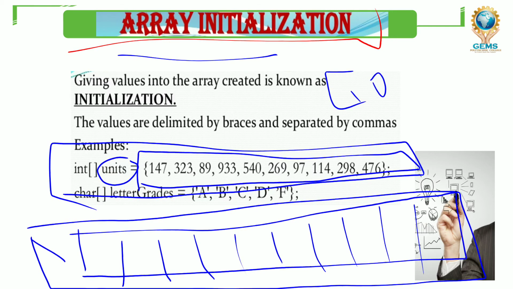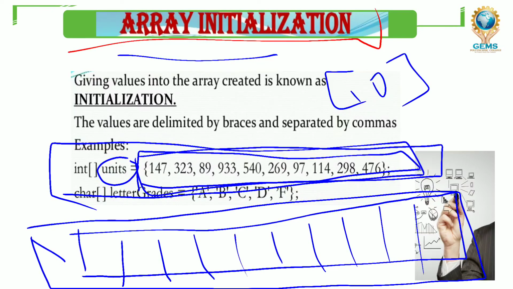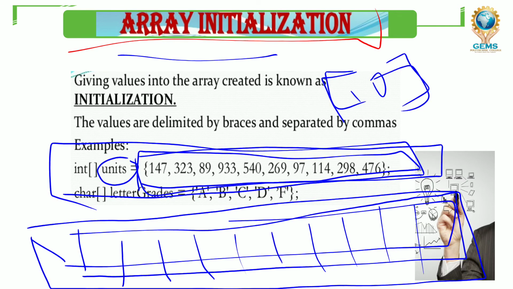How can you say that? Because we are seeing 10 elements. For these 10 elements, size 10 is required. So when you are declaring size 10, automatically this space will be allocated for the 10 elements.